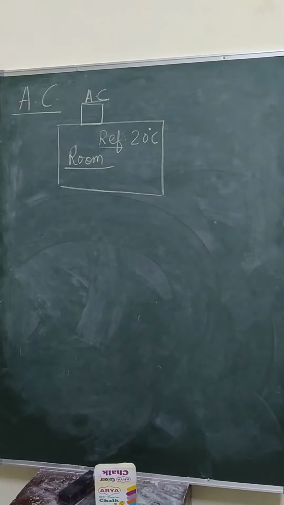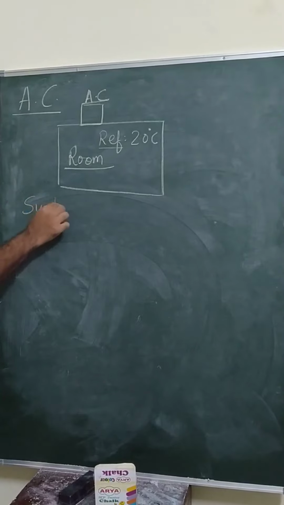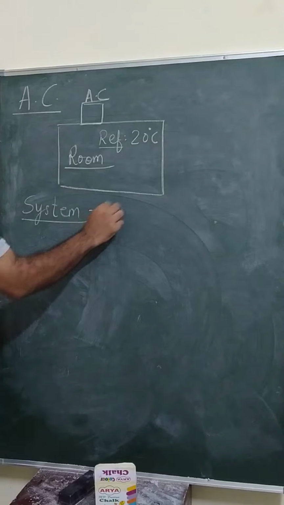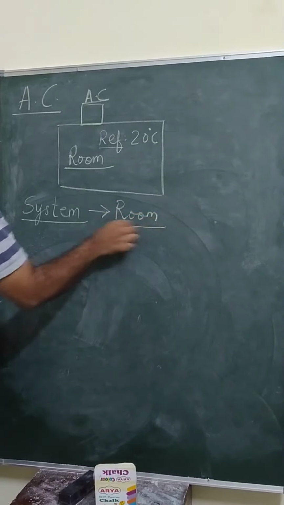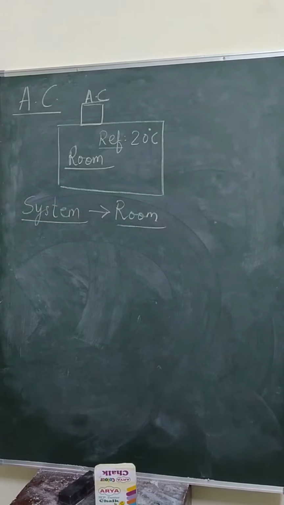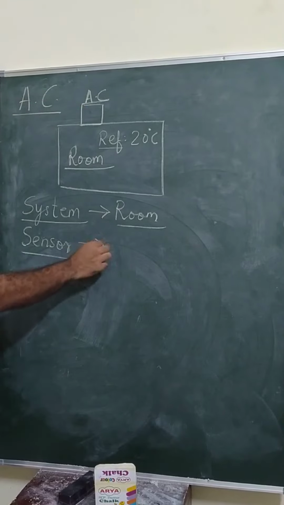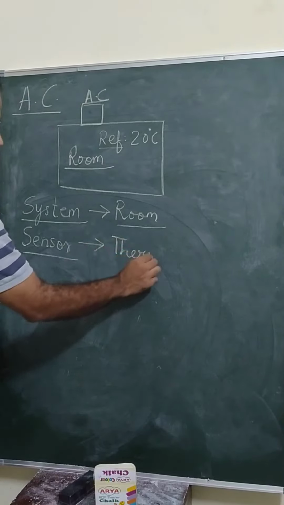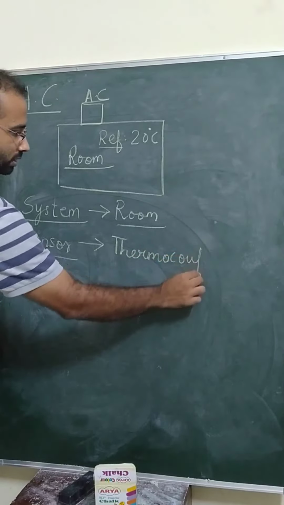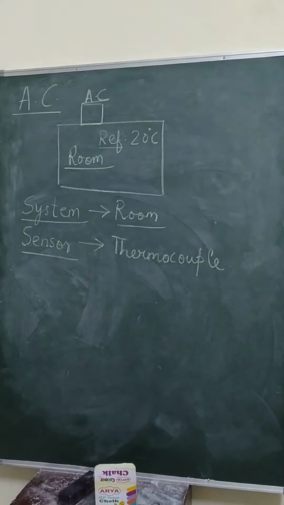So you must be remembering the block diagram. In any case, I will be drawing it again. But again, first let us identify the system. I have already told you the system. Here is the room whose temperature we wish to control. You can call it plant, you can call it process also. Then you have to have a sensor. Right? So the air conditioning unit is equipped with a thermocouple which senses the temperature of the room. Right? Then you need an actuator,